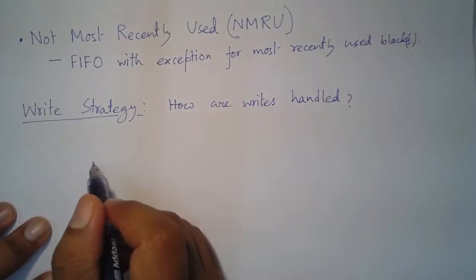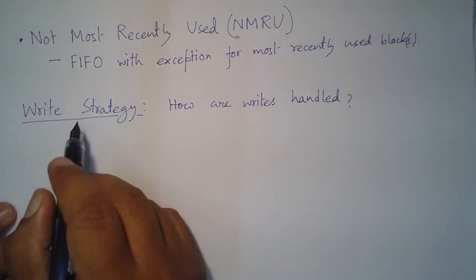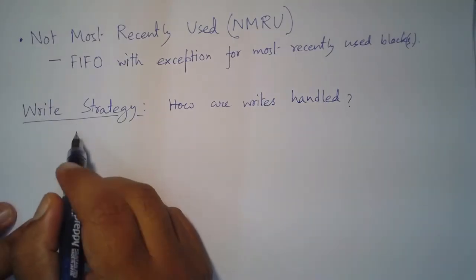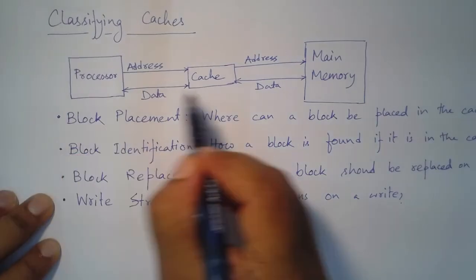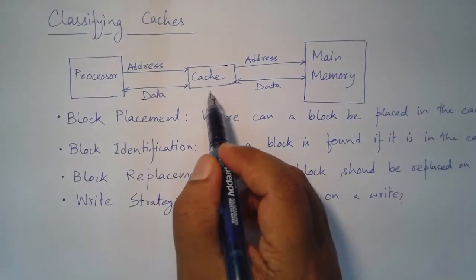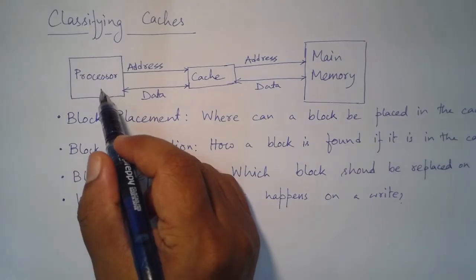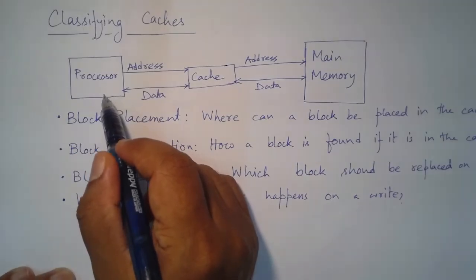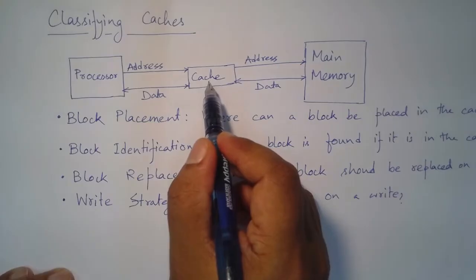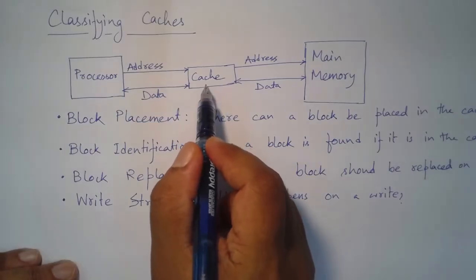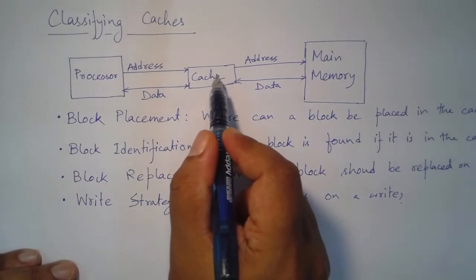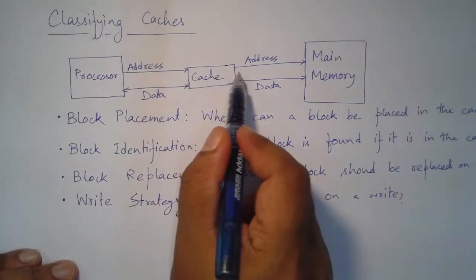So just to make sure that we understand the context, we are talking about this situation. The processor wants to write something, and now there can be different possibilities. The data is already there in cache, or the block where the processor wants to write something is already there in cache. So in that situation, the processor can directly write it in the cache, and